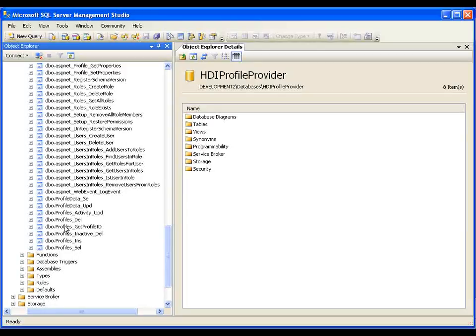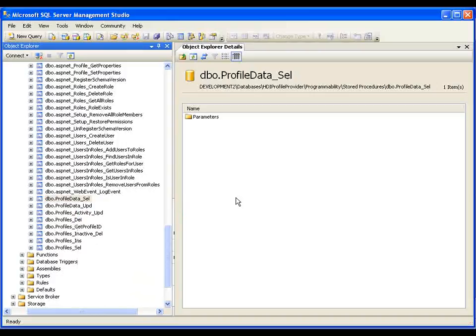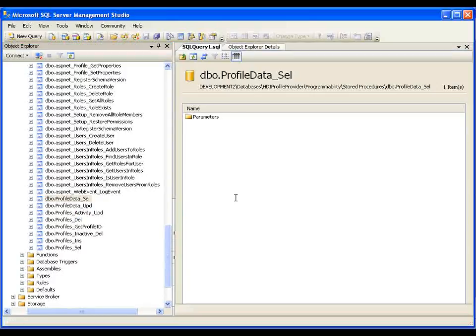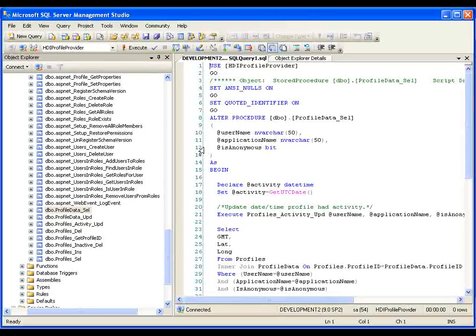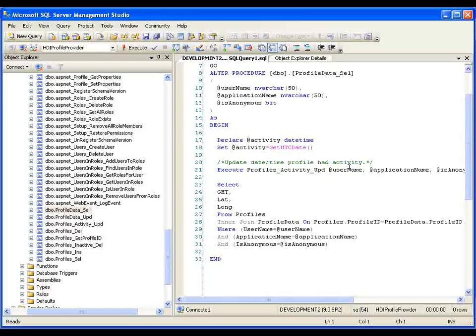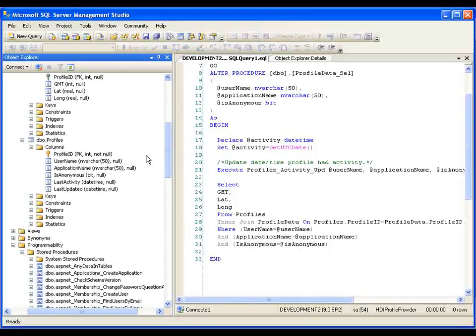Now for getting our property values for our profile, we're using the profile data select, and that stored procedure passes in 3 values which allow us to uniquely identify the profile. And before returning the data so we can store it in the profile in our code, here on line 21 it's calling a separate stored procedure which is updating the last activity column in our profile record, which, as you recall, is up here, right here, last activity. Now the other stored procedure that we're using to set the